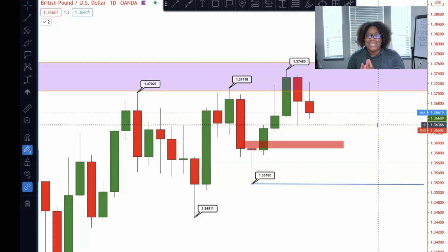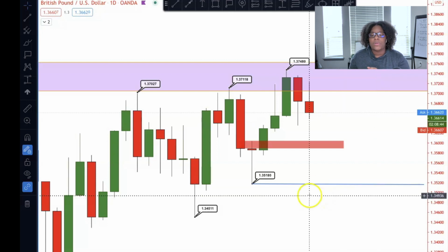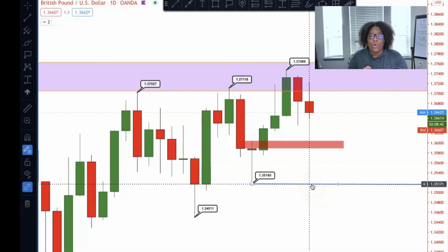So with that being said, this is just a bigger area or a bigger range where I'm looking to see if price can fall down to see if the momentum will just push down a little bit lower. If I get bullish evidence in this area, then I will buy. But like I said, you guys, I'm not going to look for sells unless price drops below 1.35180, which is